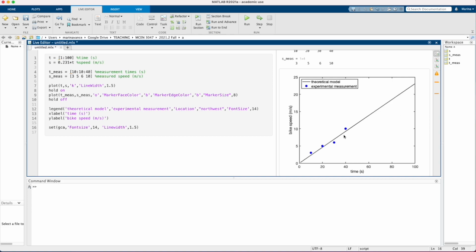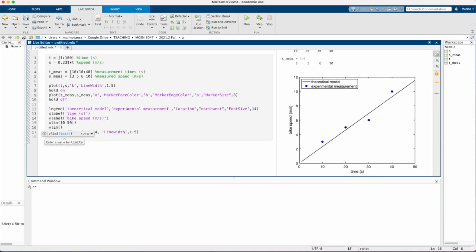And the part that we want to really highlight to the reader is this comparison between the experimental measurement and the theoretical model. So let's change our axis limits. We'll go xlim from 0 to, say, 50. We'll create a little vector and hit run. Let's do the same thing with the y-axis with ylim from 0 to 15. Now that we set our limit, our data set is best showcasing the message that we're trying to put forth